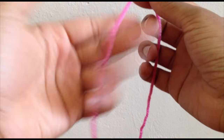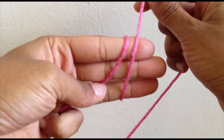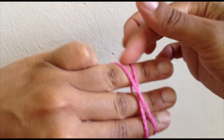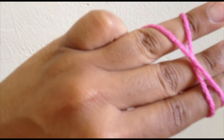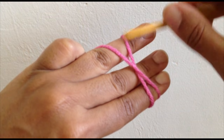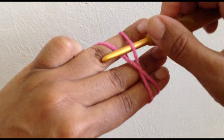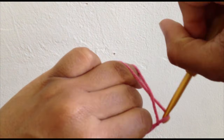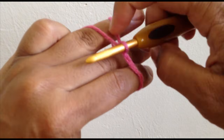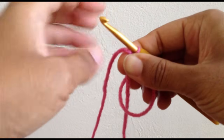I hold the short end in my left hand and I hold out 3 fingers. I wrap the yarn around the 3 fingers and then I make an X over the back. Take my hook and starting at your ring finger, I go under the first one and grab the back one, turn it up, then I slide my finger under the long end, grab a hold of the loop,